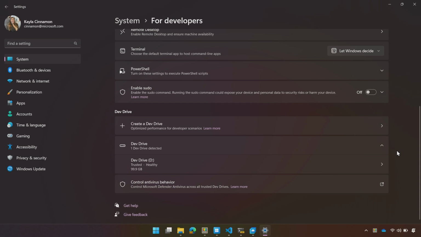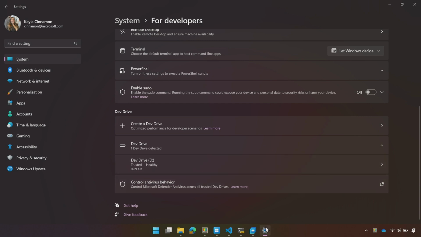And you're just going to get a lot of speed boosts, most particularly in I/O scenarios, so things like npm or cloning. That's where you're going to see those performance improvements. So that's DevDrive. Highly recommend getting your code set up there. And we've also got some fun improvements made to DevDrive we'll show in a little bit.